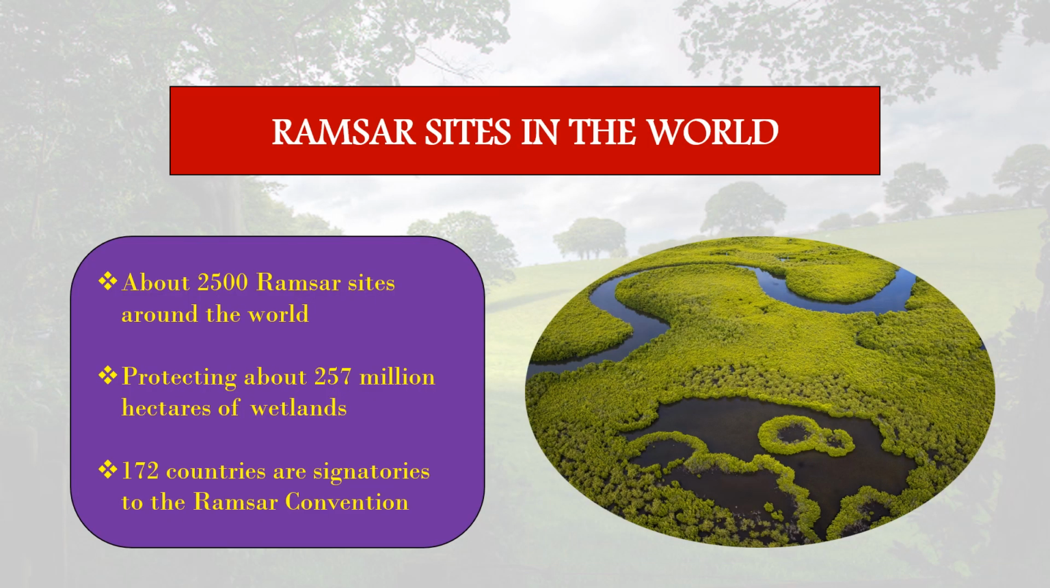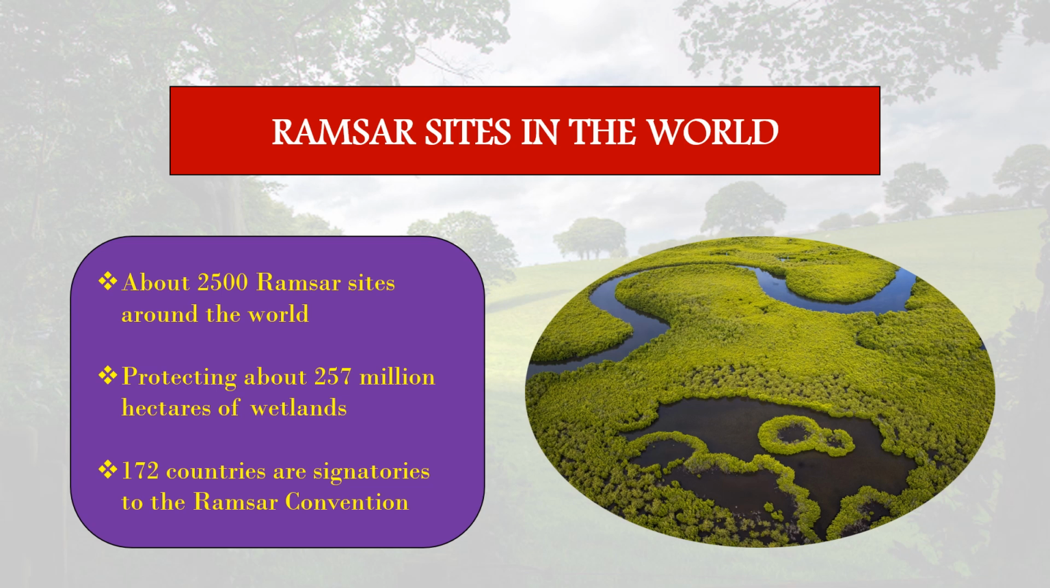So we are going to know about some Ramsar sites in our state, Odisha. But before that, there are actually 2,500 Ramsar sites around the world, and it protects about 257 million hectares of wetlands. Means, can you imagine so huge amount of land are under wetlands,